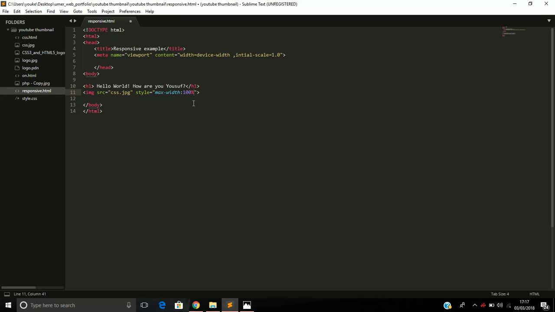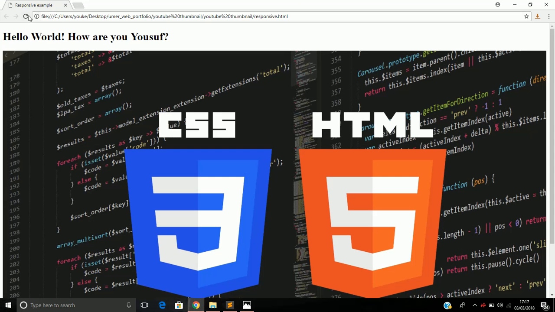So what you are telling your browser is to take the 100% size of the picture and make sure it doesn't go larger than this. So it will increase or decrease in a responsive way, but it will not display more than what the actual size is. So if I do this,